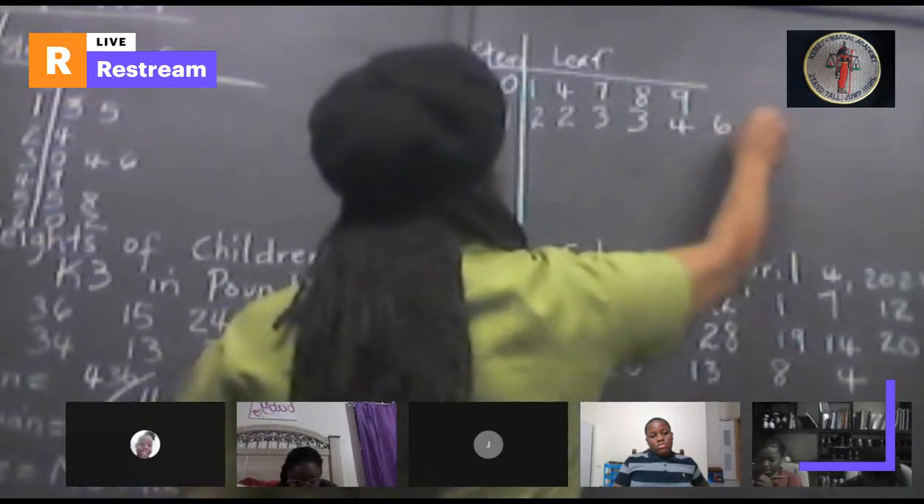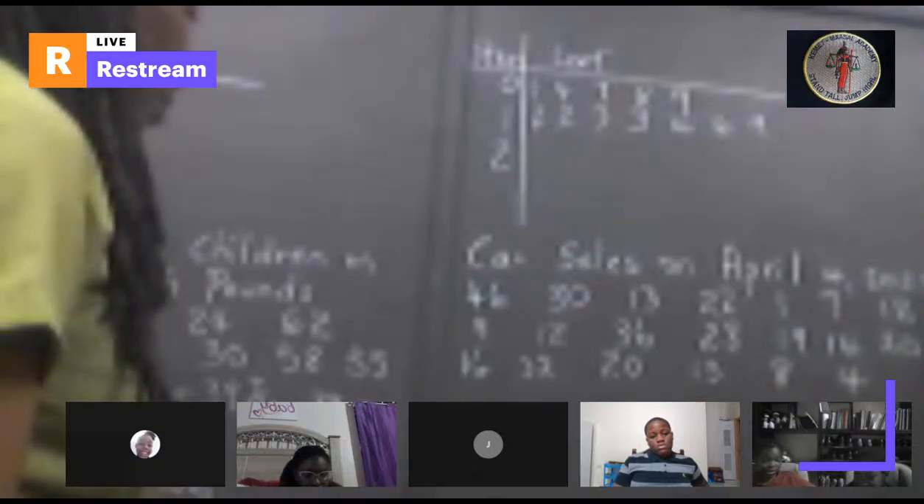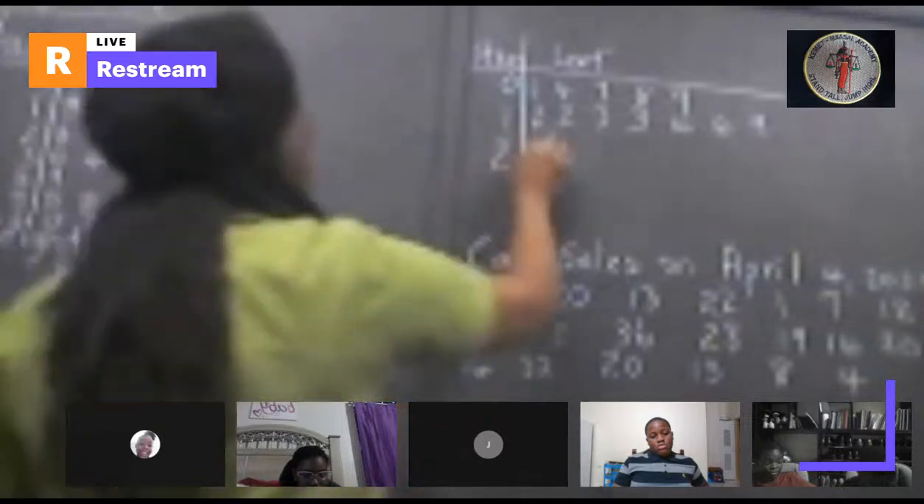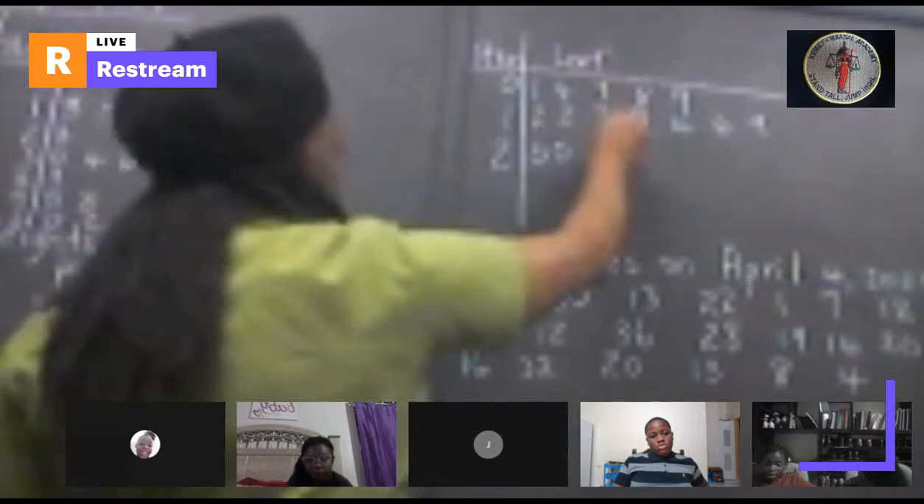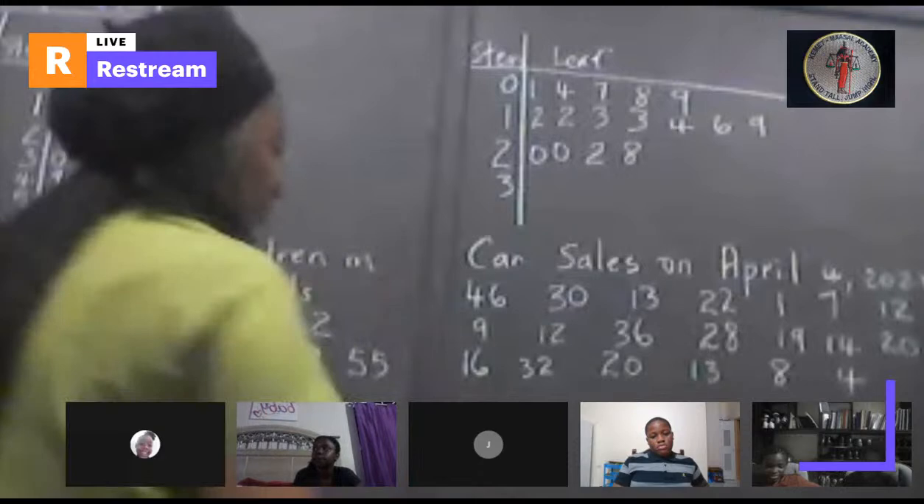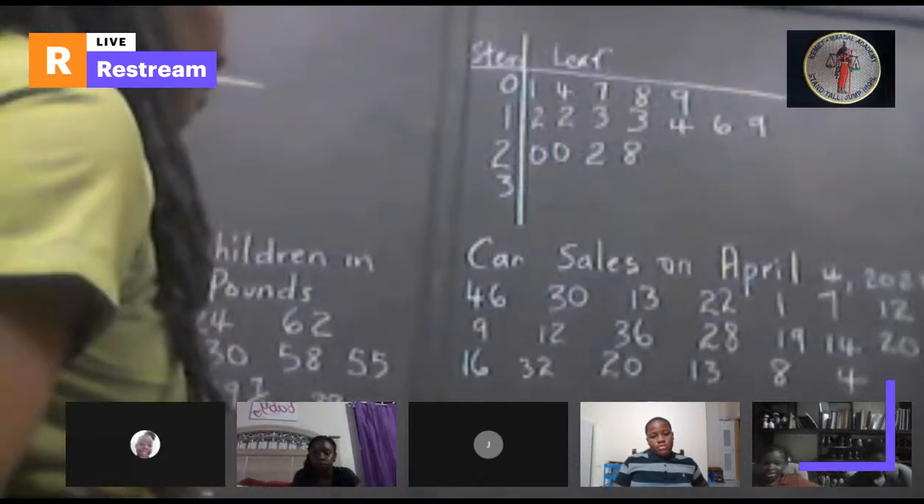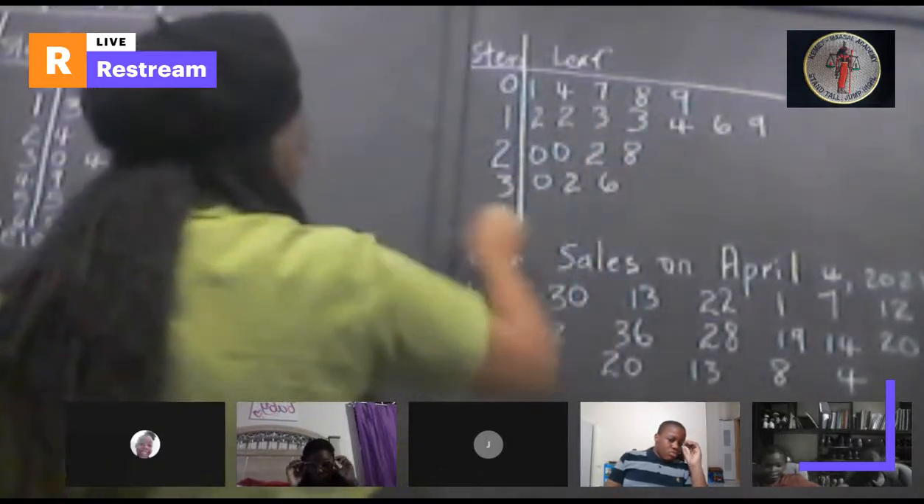14, 16, 19. In the 20s, we have 20, 22, we have two 20s, 22, 28. In the 30s, we have 32, 32 and 36. And in the 40s, we have